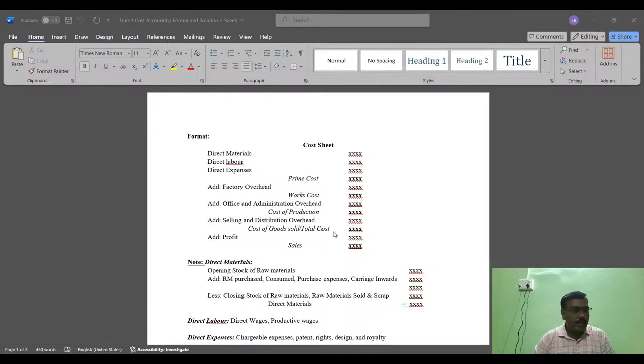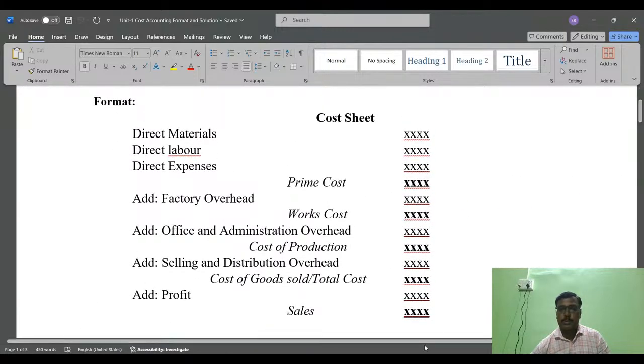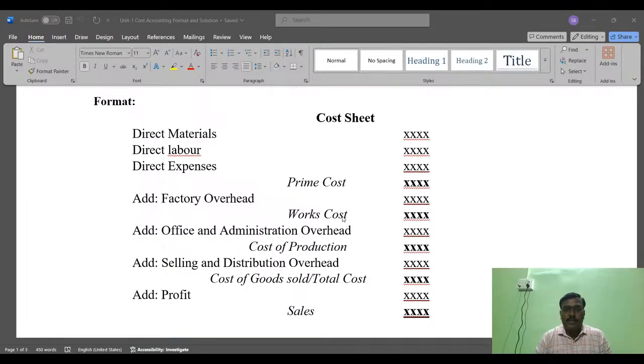When we have classified all the elements of cost and show cost in a particular sheet, it is called a cost sheet. It helps to identify the total cost of the product, what could be our selling price, or what amount could be quoted when we are going for a tender. So we should be aware of the cost sheet very properly. The elements of cost are classified and shown in a particular sheet, called a cost sheet,